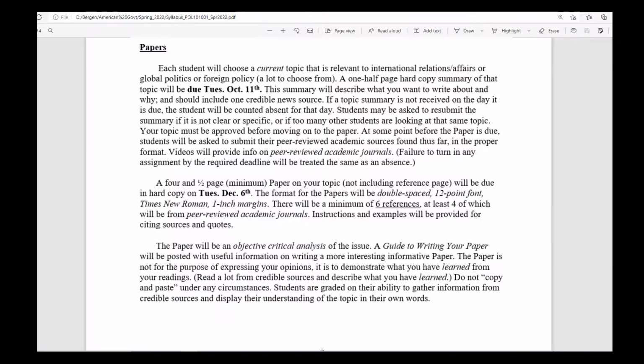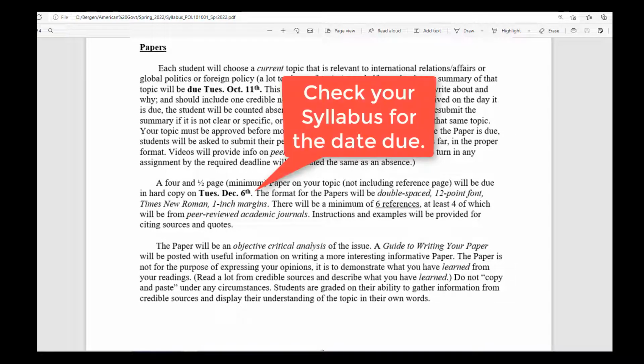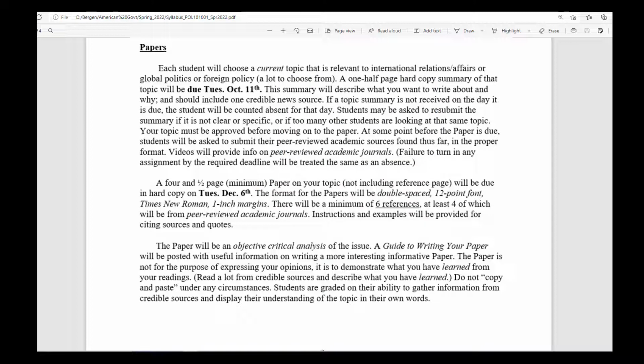So let's go to the syllabus first. The syllabus is pretty generic as far as the paper assignment goes. All my classes have a paper assignment, and this is just the general instructions. As far as the final paper goes, 4.5 pages minimum. So between 4.5 to 5.5 pages is really all I would need on that to demonstrate your writing skills. The topics have already been finalized. If your topic has not been determined, if you have not submitted one, I won't be able to accept your